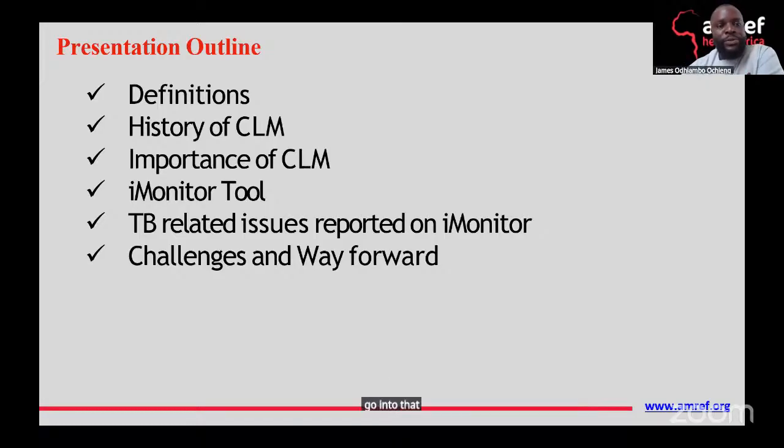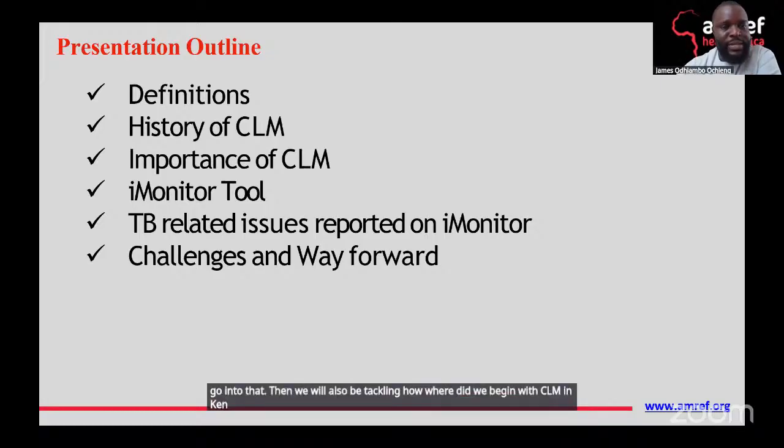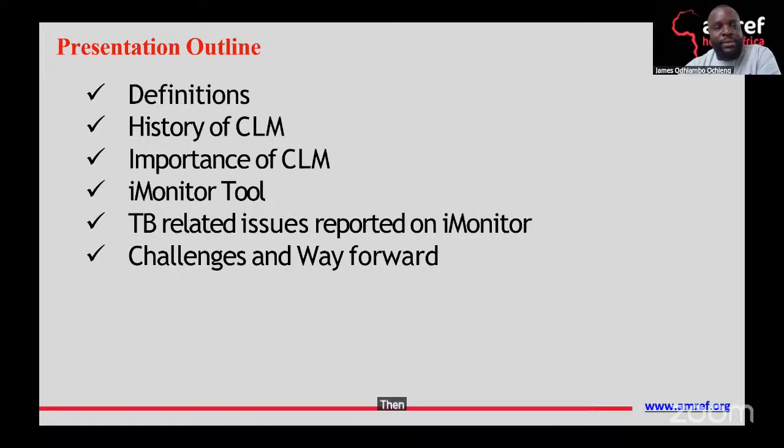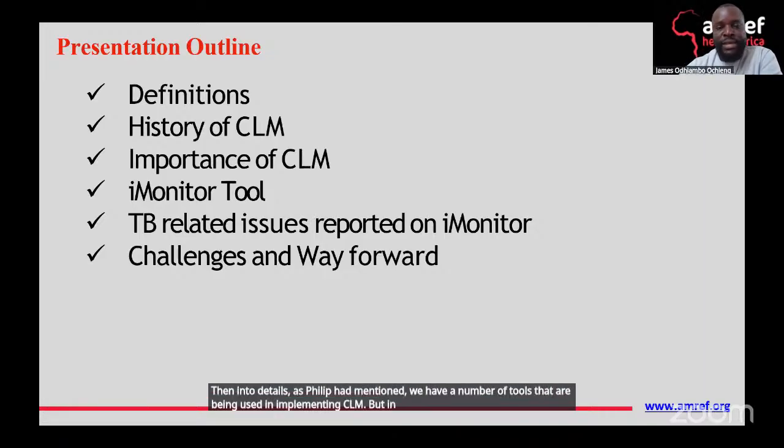Then I will tackle where we began with CLM in Kenya: how it began, when, and where we are currently in terms of coverage. Then why CLM, diving into the importance of having it. As Philip mentioned, a number of tools are used in implementing CLM, but in Kenya, iMonitor was adopted.